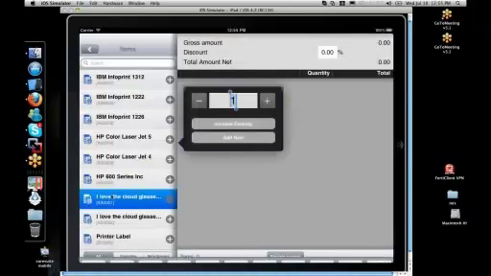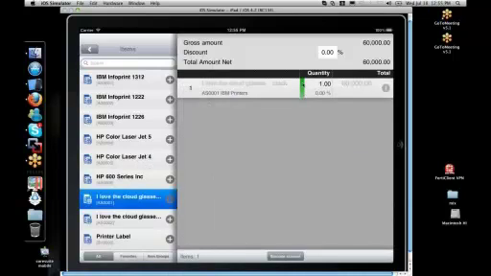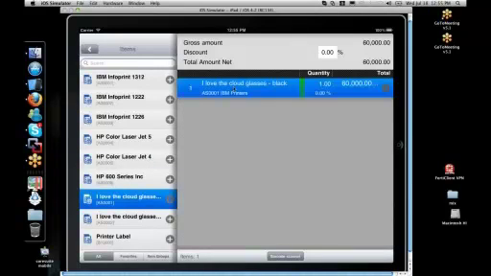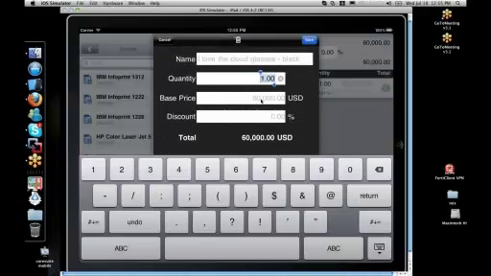And the nice thing is here, you'll see it directly tells me with the green or the red whether the item is in stock or not. It gives me the amount. And on the line level, if I double click, I can here say, okay, what's the quantity? I can override the pricing. Let's say I want to give you a steep discount, and I can give you also an additional discount on